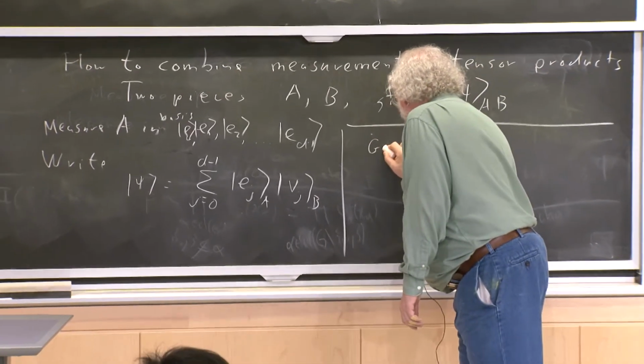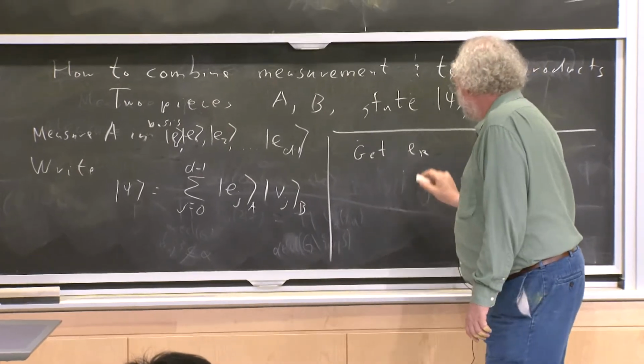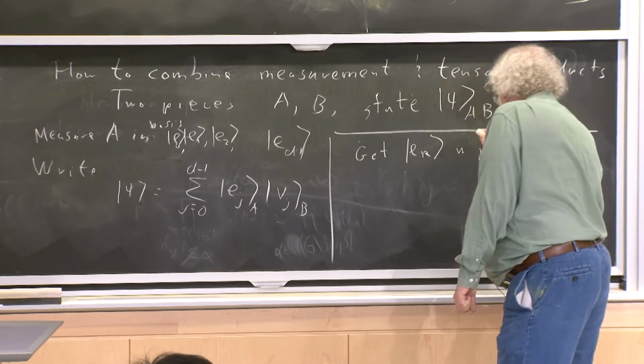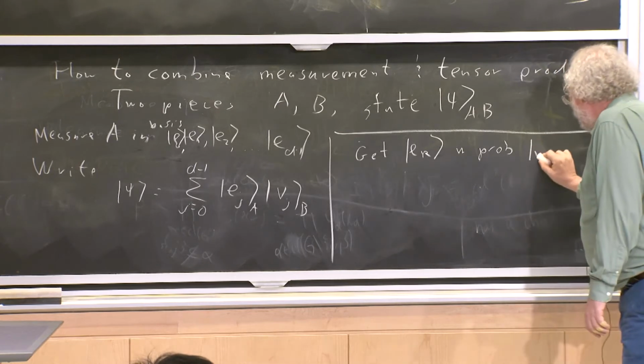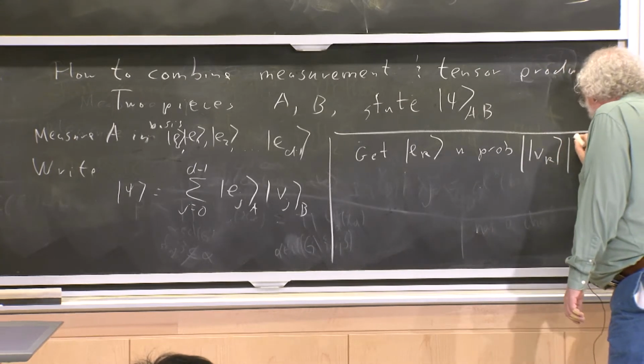So what you get is e sub k with probability the norm of v sub k, squared,